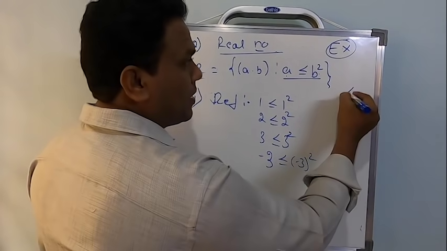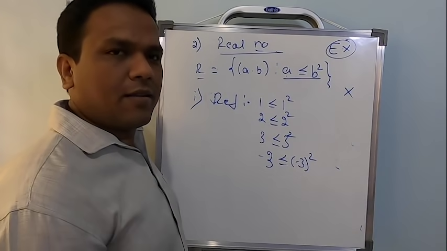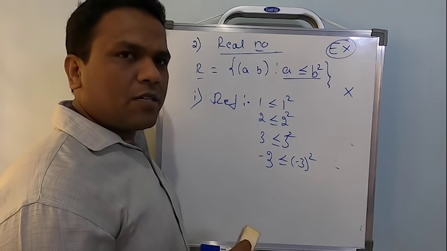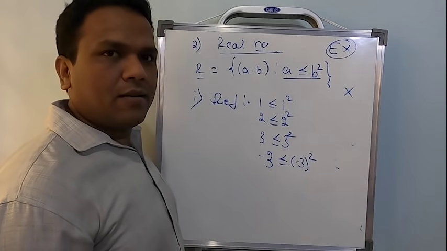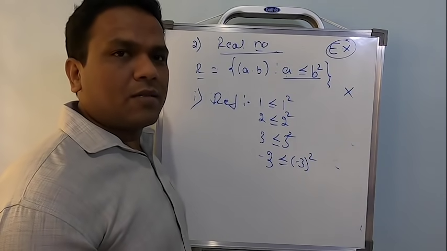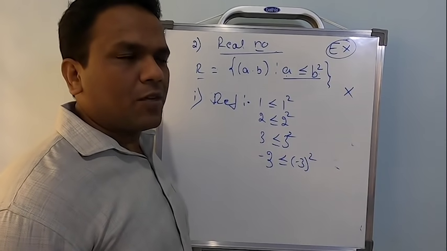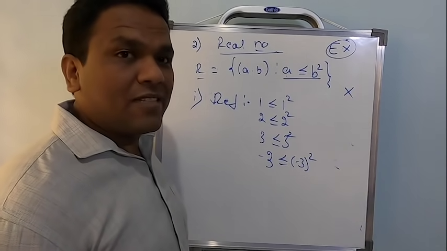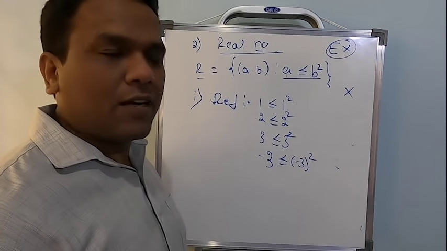But they said I should show it is not at all going to be reflexive, symmetric and transitive. So if you stick only to natural numbers and integers, no. They said real numbers, right? So real numbers will include what? Real numbers will include rational numbers and irrational numbers. Let us take up some rational numbers and discuss reflexive. Create an example where it fails, because the heading is already given. Now it should not be reflexive.